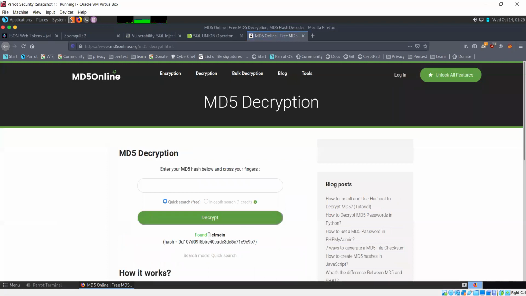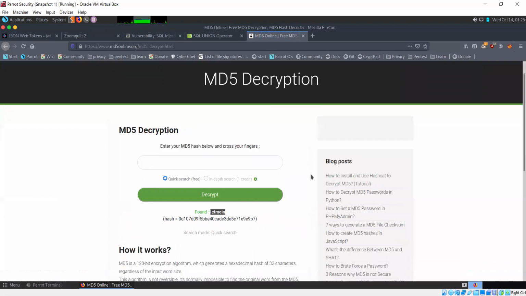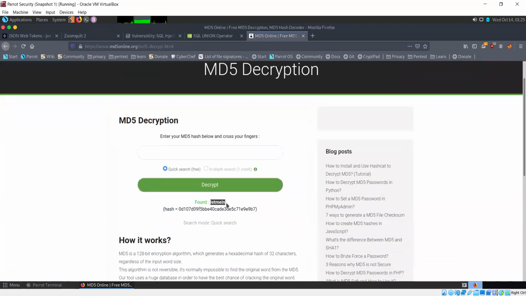Okay, so it has found the corresponding password for this. Basically, websites like these keep rainbow tables. So when you enter any hash, they can quickly correlate that with the corresponding value. In this case, the value is 'let me in'.